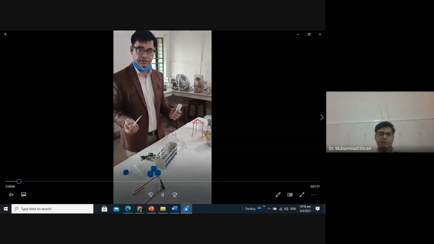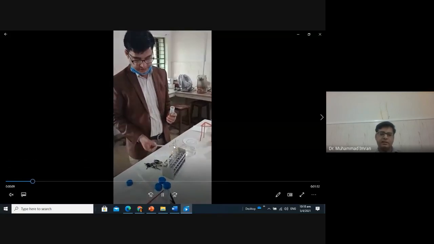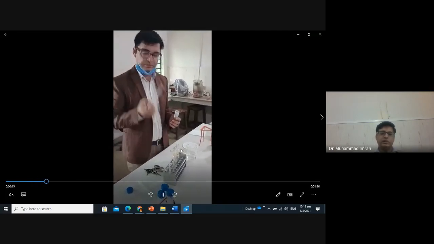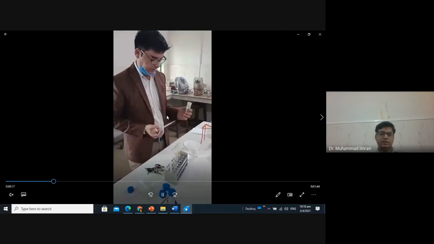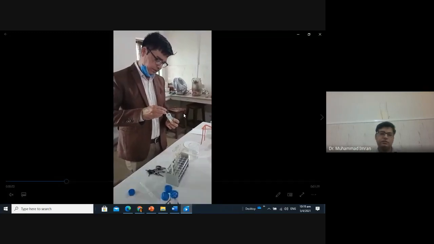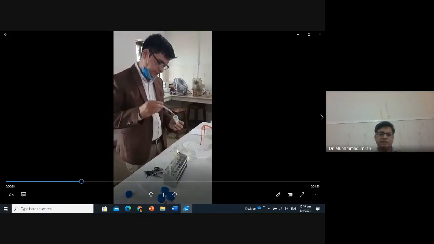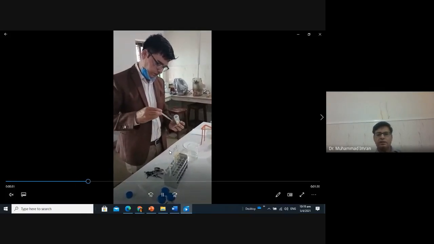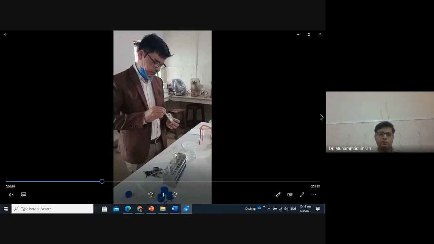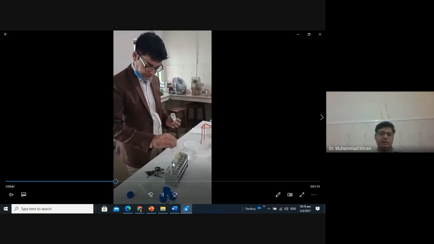I have taken 4 test tubes and added distilled water and organic solvent in test tubes 1, 2, and 3. And test tube 4 contains distilled water. Then I have added 1 ml of oil in all these test tubes. After adding oil in all these test tubes, I have seen that water does not dissolve oil, but acetone, chloroform, and N-hexane or ether can dissolve oil.